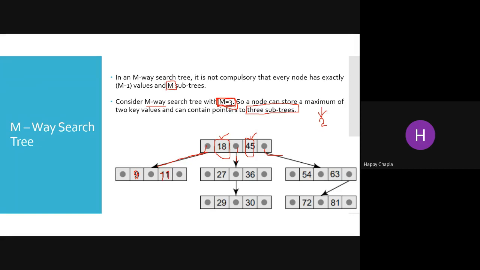If you want to insert 36, where can you insert 36? So 36 is greater than your 80. So यहाँ पे जाना होगा. Now I am inserting 36. Now you want to insert 54. So where can you insert? Go over here, 45. So 54 is greater than 18. 54 is greater than 45. Jump towards the right hand side and insert 54.